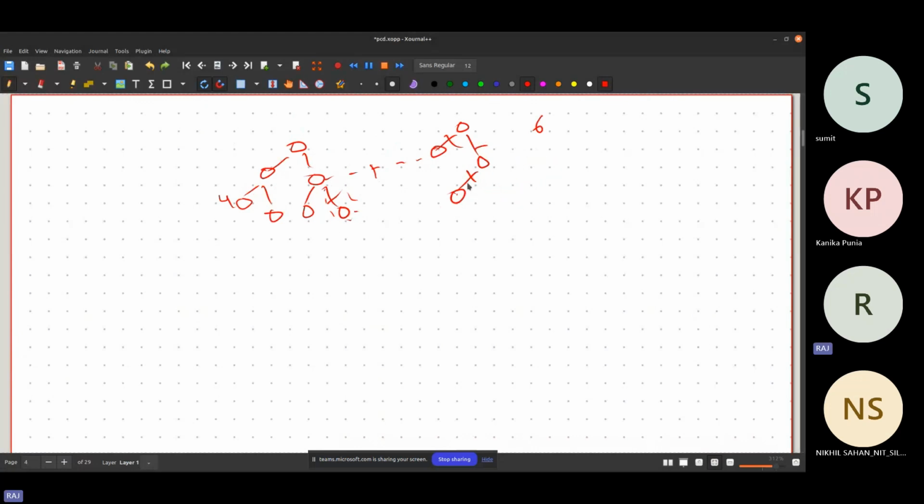So what did we see? No matter where you connect the edge, what is the best node to attach an edge between two trees? Why should I attach an edge to this node? I don't like to attach to this node. I mean, we should not attach to this node here. The best place should be